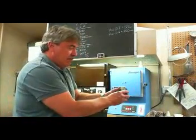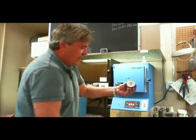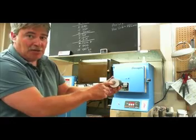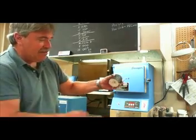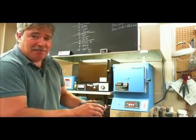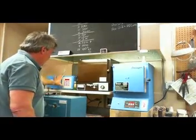Alright, now that our investment is hardened, we have this rubber base that we attach the model to. Pull that off, and you'll see that's our sprue. The wax model is attached to the end of that, in this hardened plaster. It's pretty hard, but we're going to make it even harder. We're going to put it in the oven, and to do that,